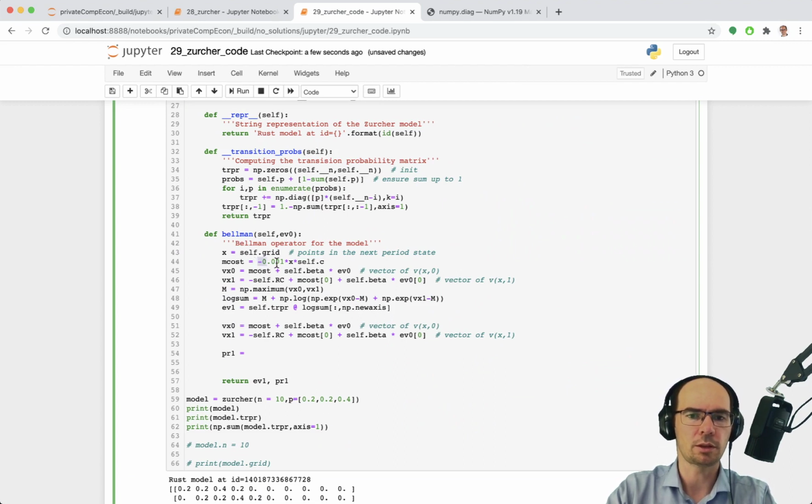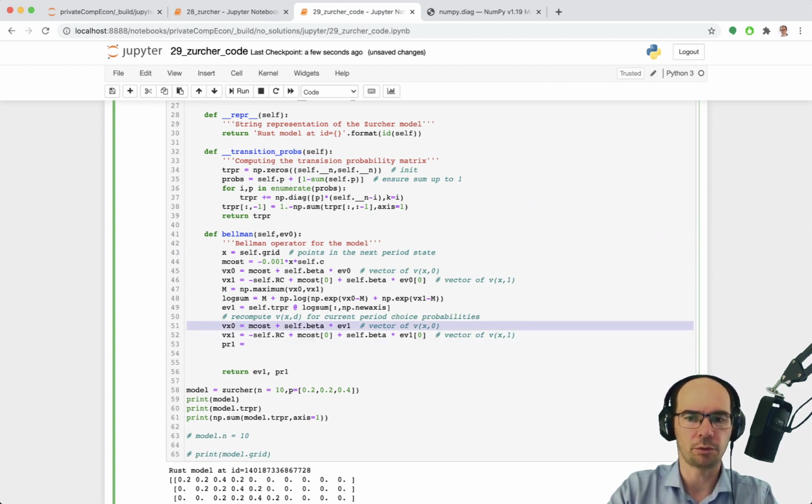So let's reuse these expressions. M cost, this is calculated on the grid of x, but now this grid is going to represent the current x, not x prime, but the current x. And yet the formulas are the same, except now we need to use EV1 here and the EV1 over here. Everything else is as it should be. So recompute VXD for current period